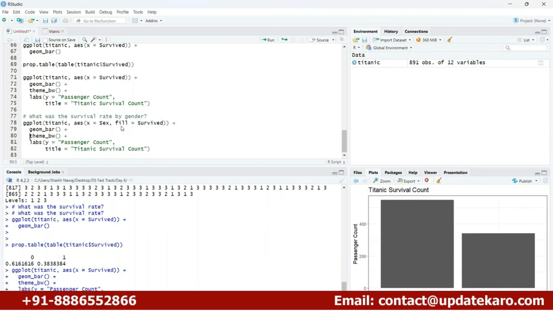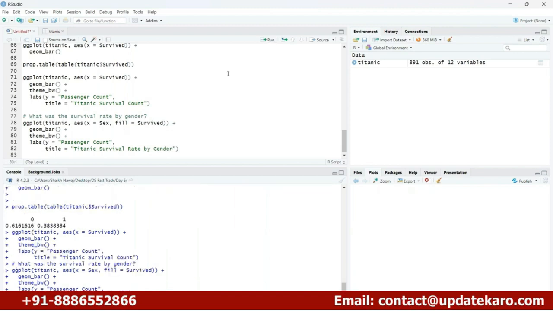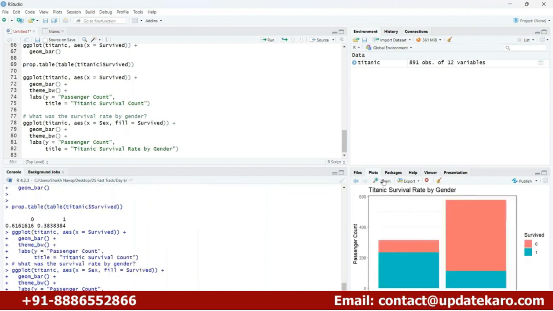I'll go with the same line of code, but update the title, because now this is going to be the survival rate by gender. Let me run this, and now you can see